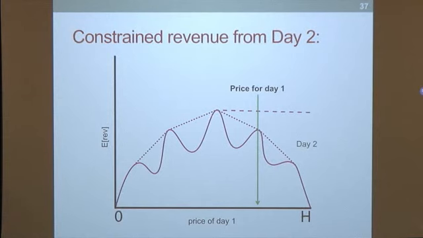Sorry, will you say that one more time? Yeah. So if we set a price for day 1 that's to the right of the peak, or more expensive than the peak on day 2, then we can make the price on day 2 cheaper, the best possible price, which means we can get the revenue from this point anywhere to the right on it.